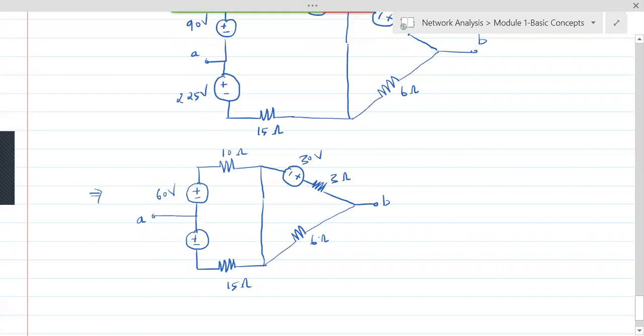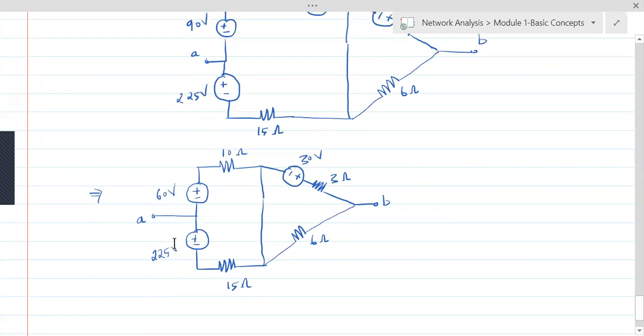Fine. Now what we can do from here on is the question. We have to reduce the size of the network. But when we try reducing the size of the network, we have to go for transformation. Now there are 3 voltage sources. Now we have to transform these 3 voltage sources so that we can have current sources in parallel.